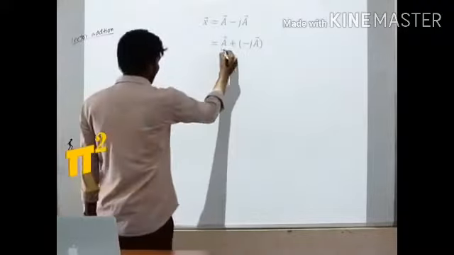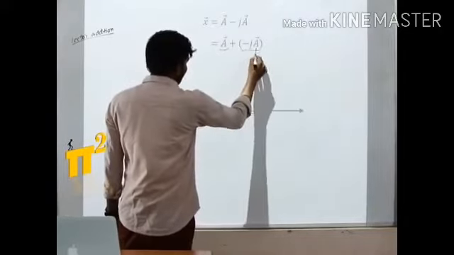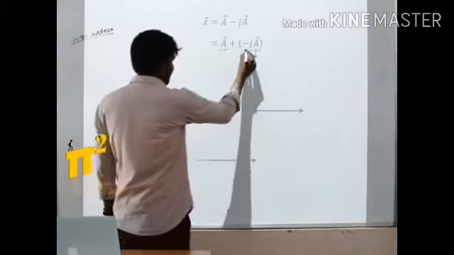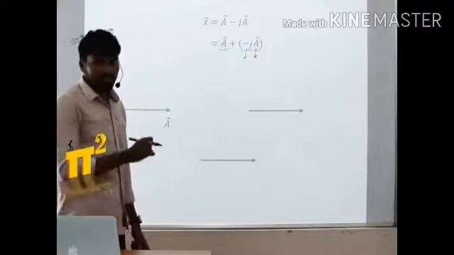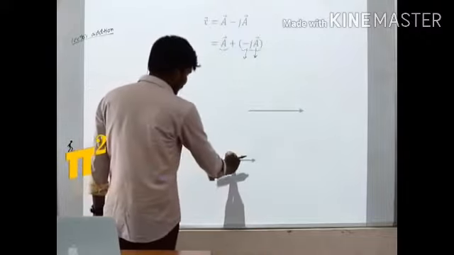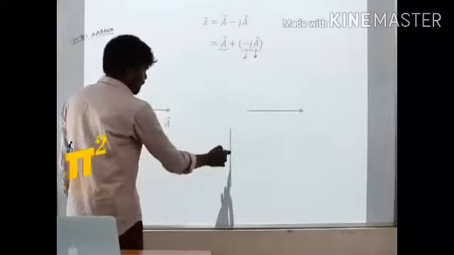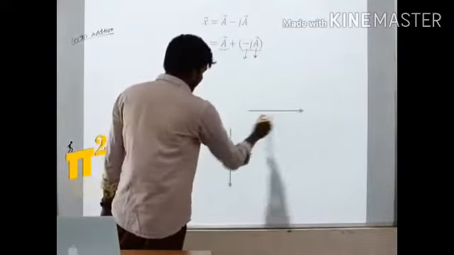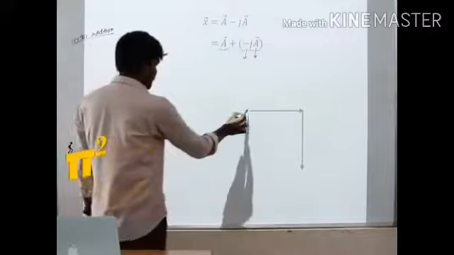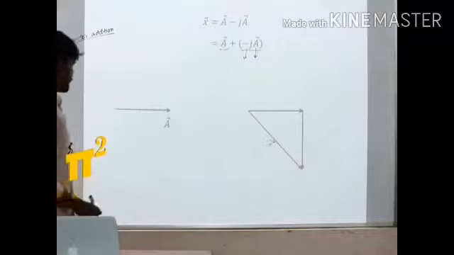So I would like to draw this. So first I'll take this a. Let's take a. Now second term, in the second term we have a. So let me take a once again. And we should give minus j. We should multiply with minus j. Minus j means what? 90 degrees clockwise direction. So let's rotate this 90 degrees clockwise direction. So that's it. We have first term and second term. We need to add these two. Addition means what? Head and tail joining. So let's join this tail to head. So the resultant is, this is the resultant, x. Let's see another one.